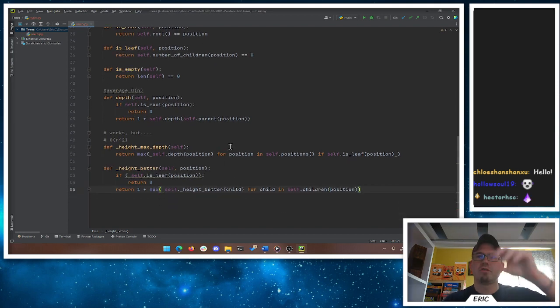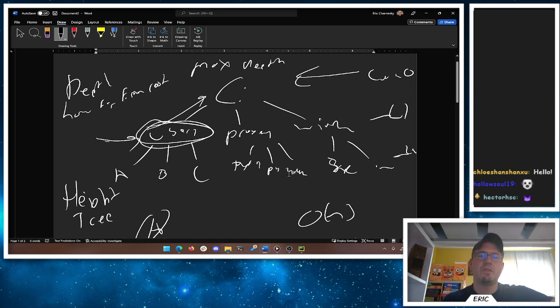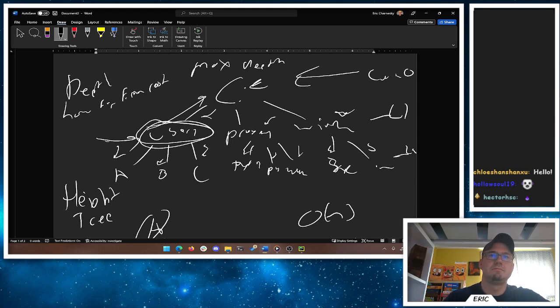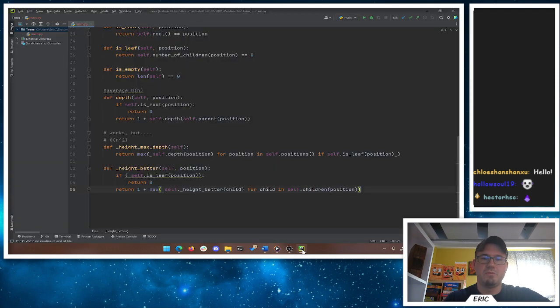So what we're going to do here, we're going to start at the root, and we're going to start finding the max of the height for every child that we have. So this calculation is going to start at the top. This seems a little funny, but it starts at the top. Then we'll go to all of our children and find the max of its height, and from each of those, it finds it. So it only needs to operate on n items. So now our performance becomes O of n,